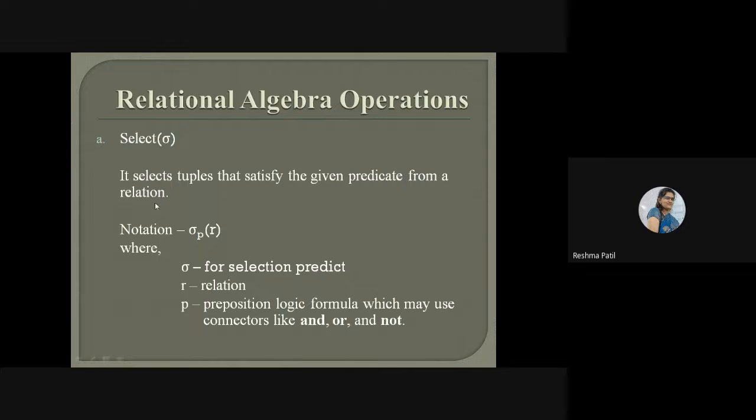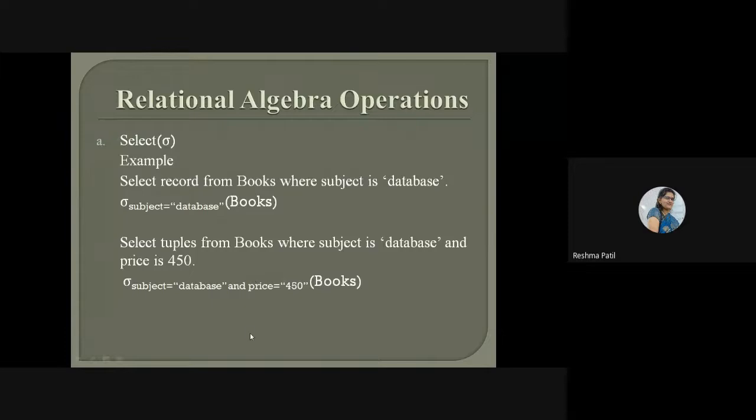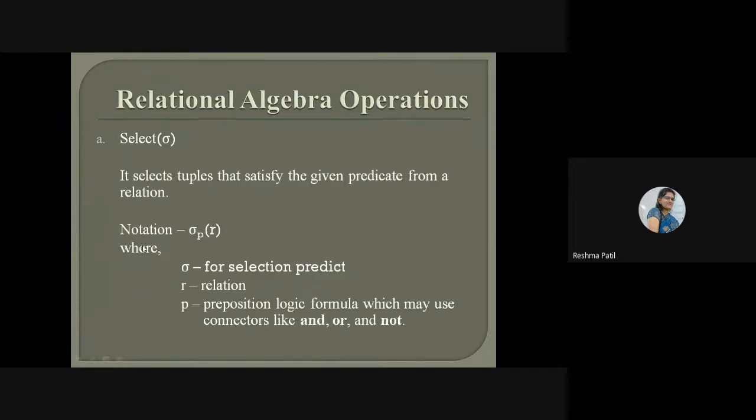How can we notate that selection? This is a selection operator. Select, then here is a predicate below the line, and in brackets a relation. Relation means your table name, on which table we are going to apply this predicate, that we have to select. So that meaning is written here. This operator is for selection predicate. What we will write here, that part is going to be selected using this operation. R is the relation, that is the table name.